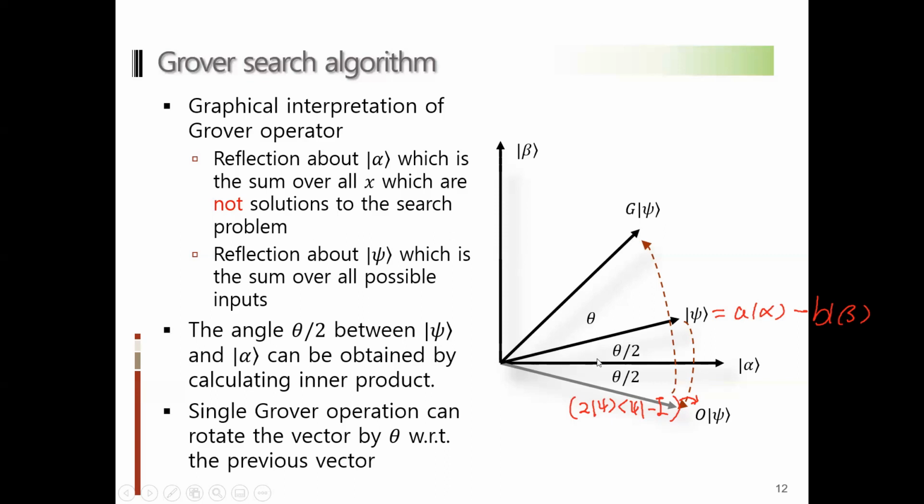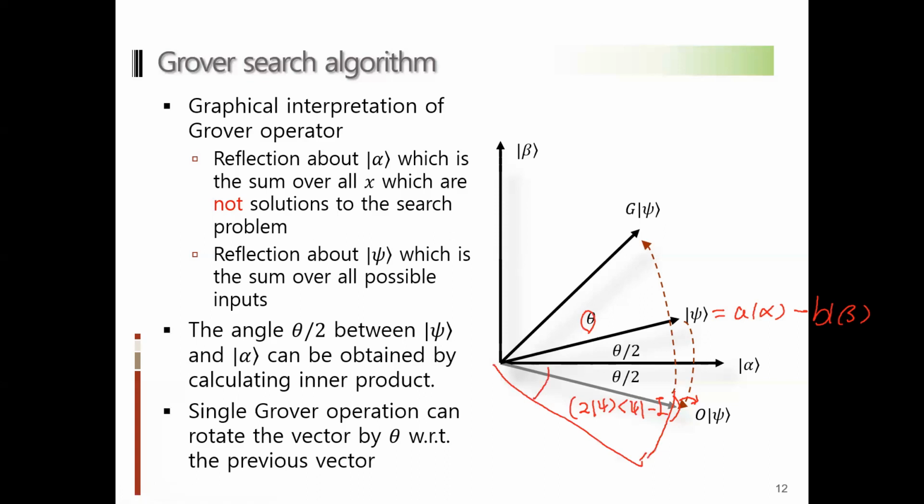So overall, the angle from the initial vector to the new vector has changed by theta. And then what happens if I just repeat this process? Well, in the next stage, the starting point will be here, and this vector will be reflected with respect to alpha again. So if I do the reflection with respect to alpha, then I will have the new vector, which will have